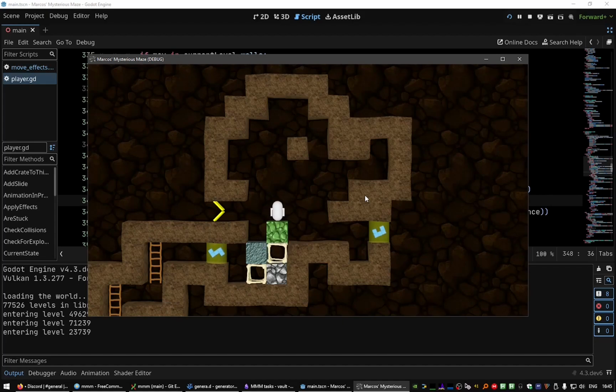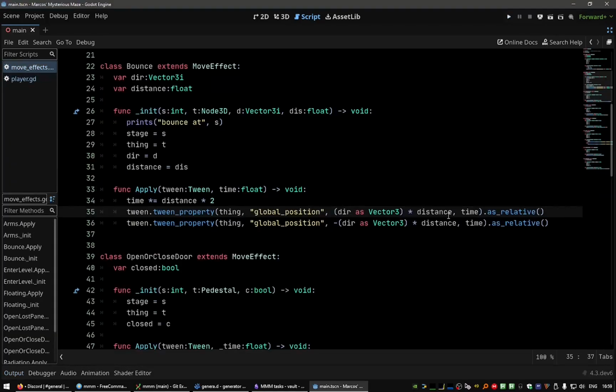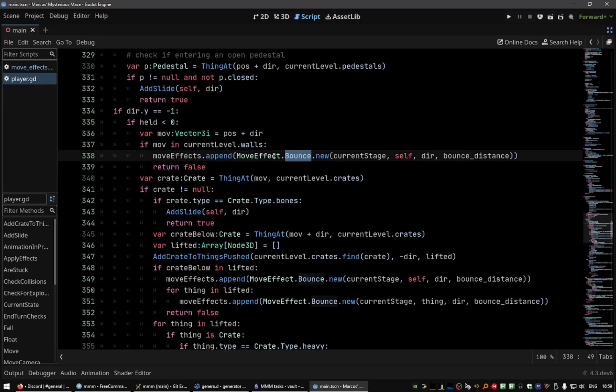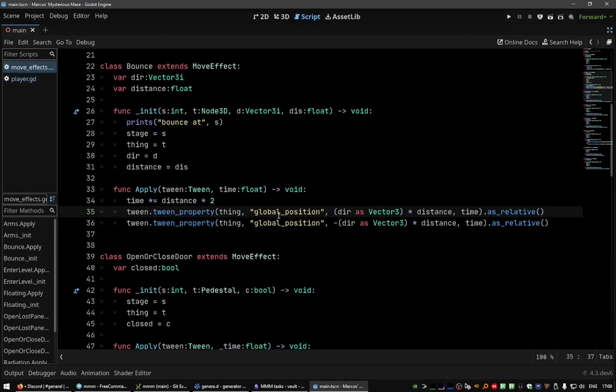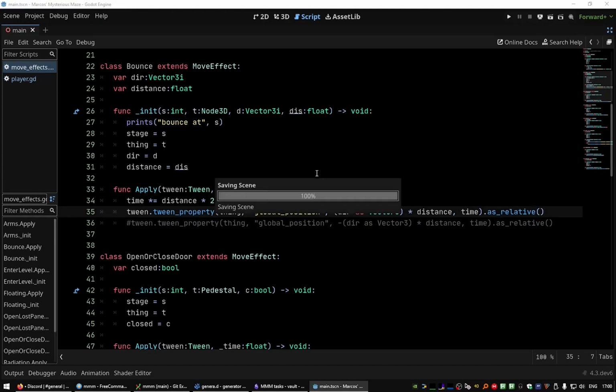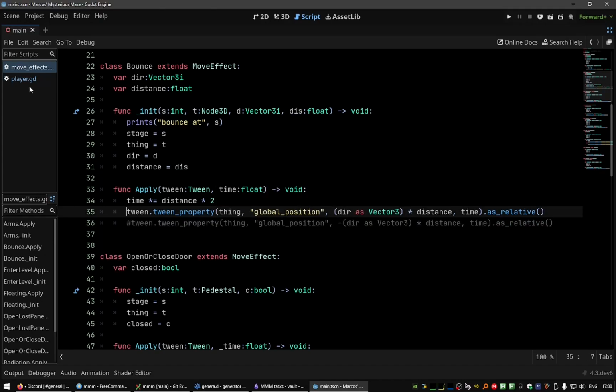Yeah, what if we divide the bounce effect into two? If we add the first, we remove this and we add the first bounce,